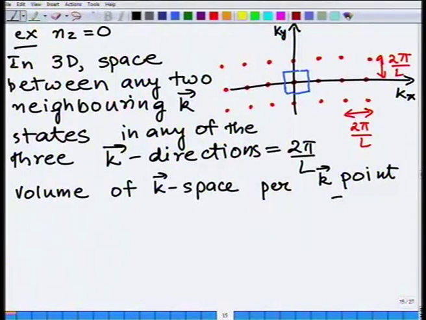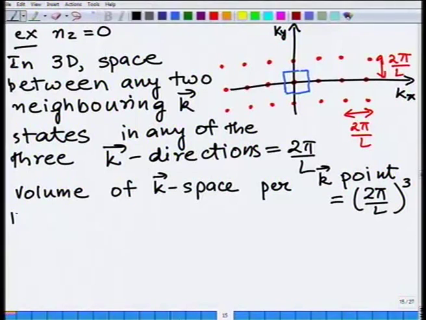If you take one k point, then that obviously is just (2π/L)³. That is the volume associated with each k point, because the periodicity in k space is 2π/L. That implies that the number of k points per unit volume